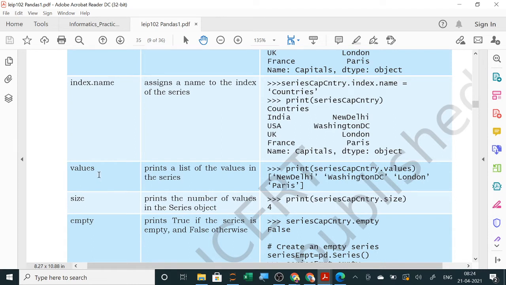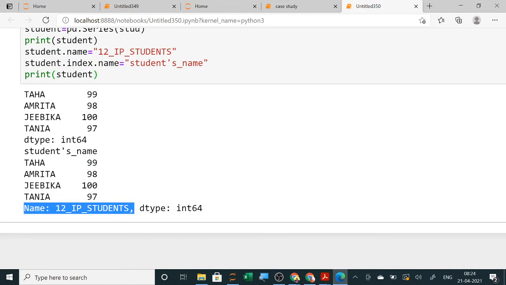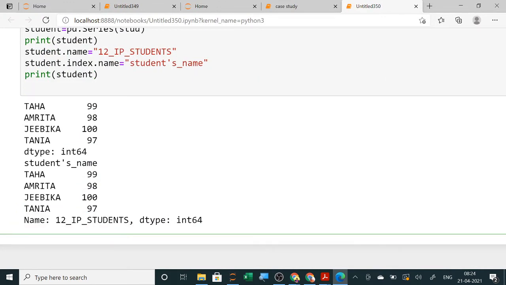Now the next part: after that we will display all the values, that is marks. Suppose in the question paper it is written to display only the marks, so we use the name of the series dot values. So let us write the question also. Suppose in the question paper it is given: write the command or the Pandas command or the Python command to display only the marks of students.